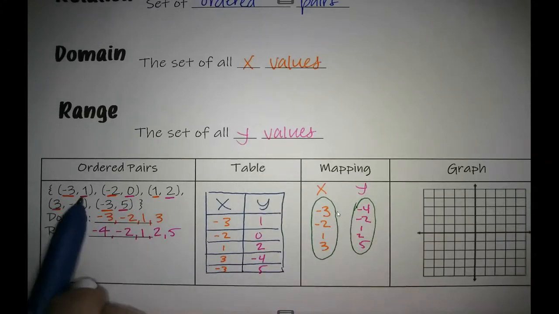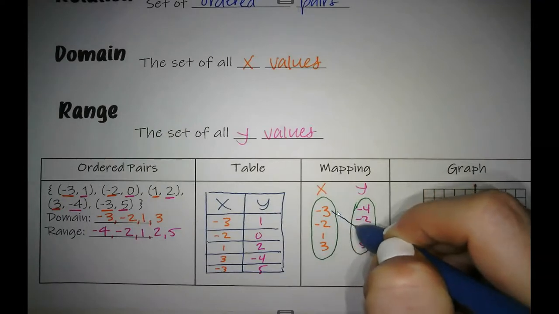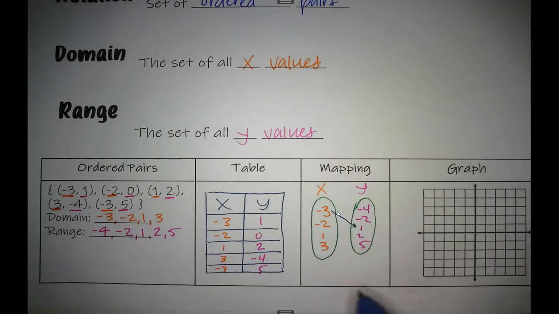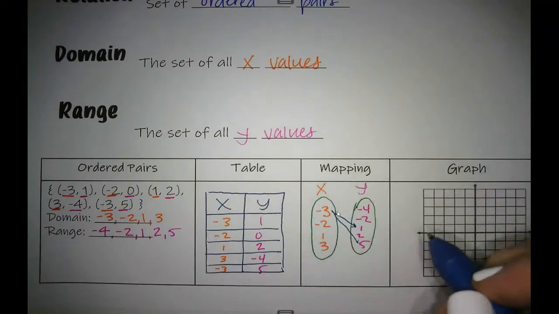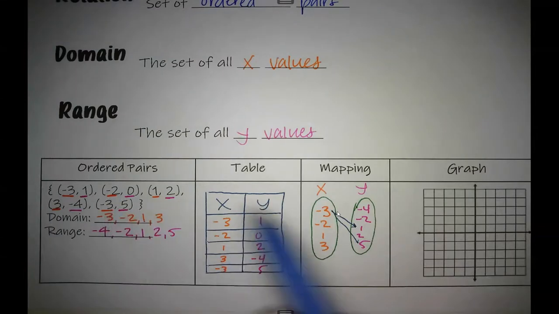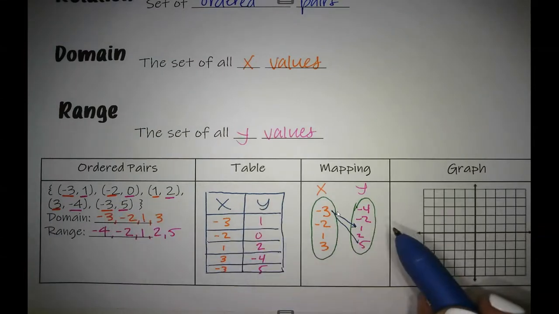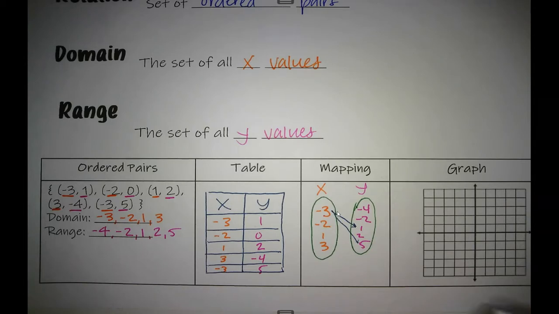So we've got -3 and 1. So I'm going to draw a line there. And I've got -3 and 5. So I'm going to go that -3 also down to that 5. -2. Did I write wrong? I messed up a long time ago, huh? This is -4,